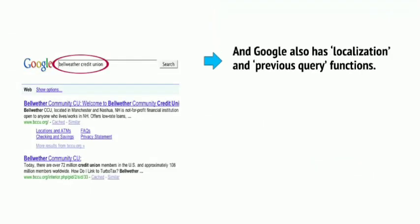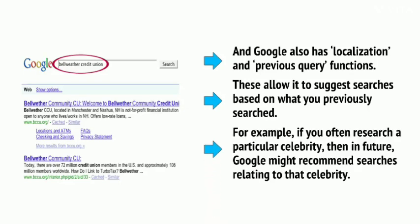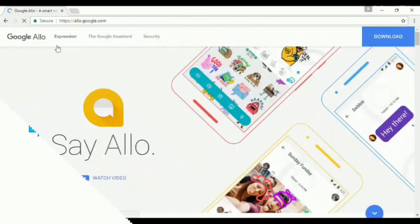And Google also has localization and previous query functions. These allow it to suggest searches based on what you had previously searched for. For example, if you often research a particular celebrity, then in the future, Google might recommend searches relating to that celebrity. Google's personalized search also takes this into account, while its local search ensures that it will also be able to find results that are relevant to the area you're in. All of this